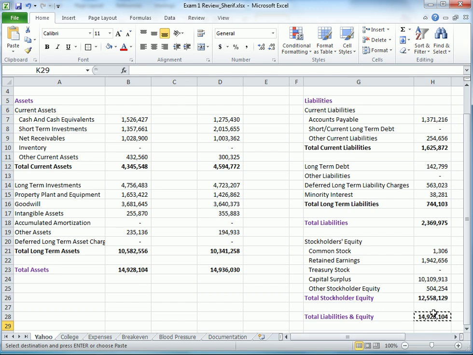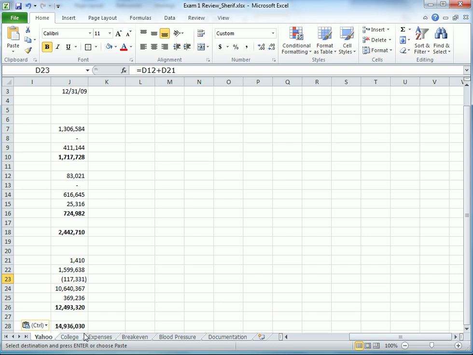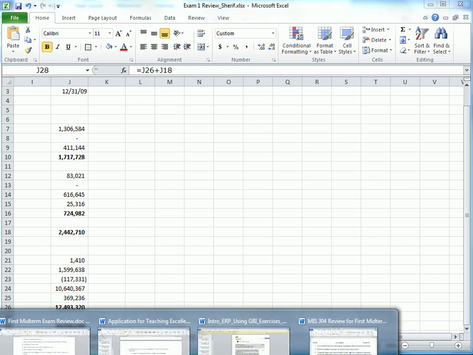That's exactly what we have. I think these are for year 2010, and then for 2009 we have 14,936. We want to make sure that we also have that same number on the debit side, 14,936. Okay, so that takes care of